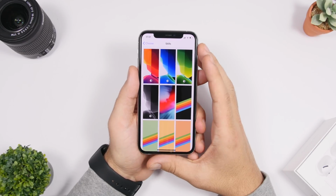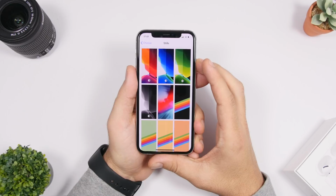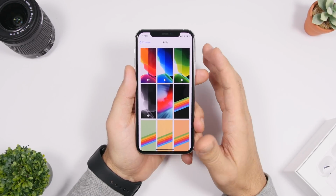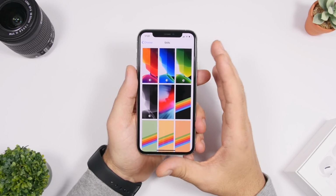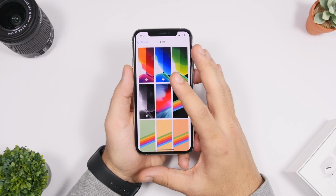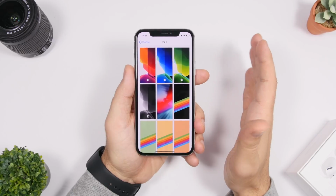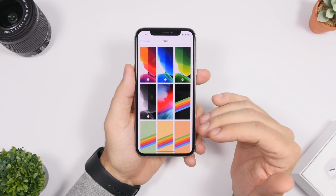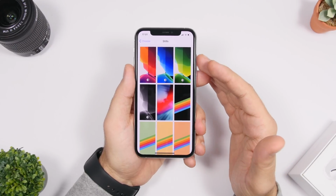Now this code tells also more features about the Carplay, and Carplay is getting custom wallpapers. So basically, with iOS 14, Apple is improving the wallpaper section even on iPhone and in Carplay as well. With the iPhone, as reported earlier, you will get new different sections of the wallpapers